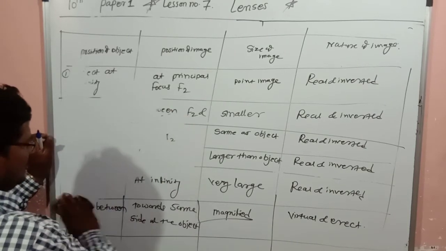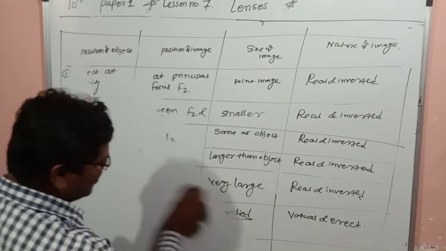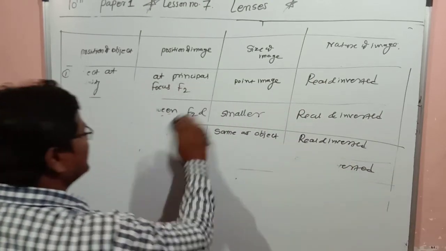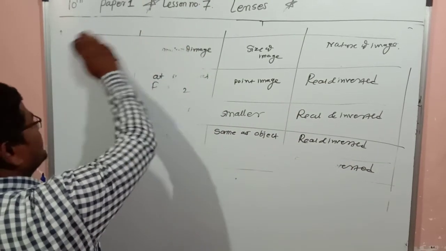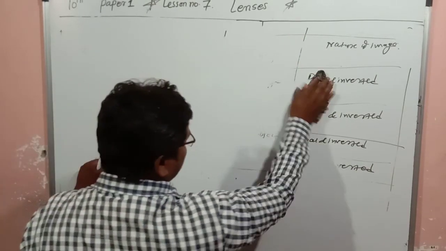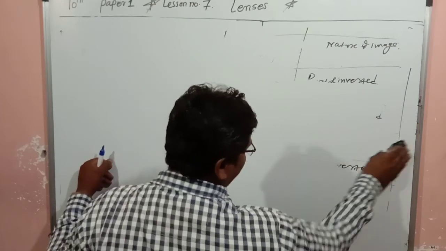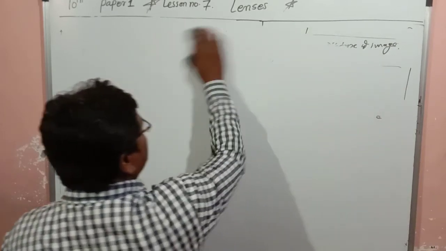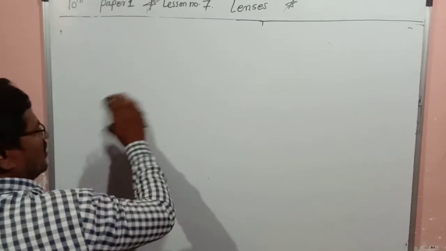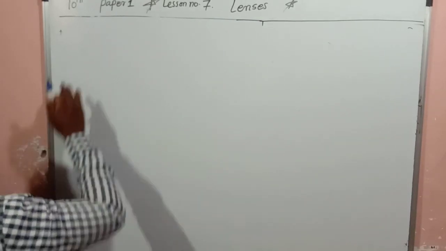So images formed by the convex lens we have studied, six positions. Now images formed by concave lenses. Next point is the